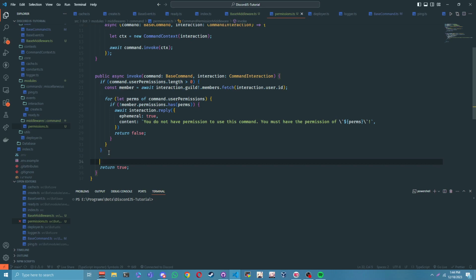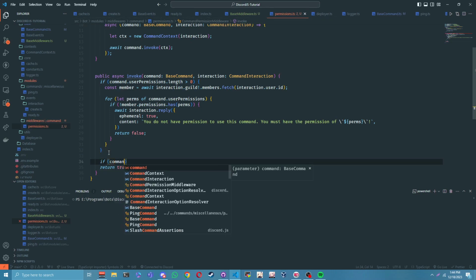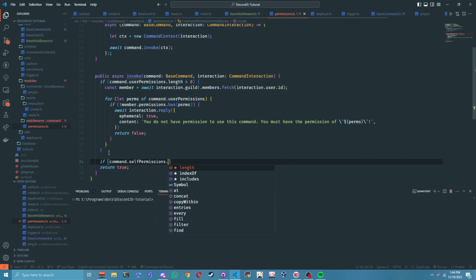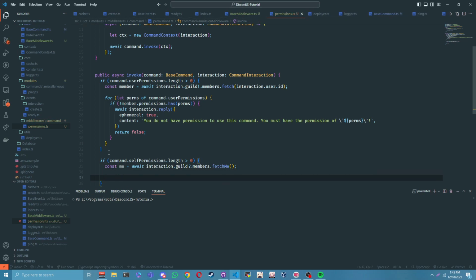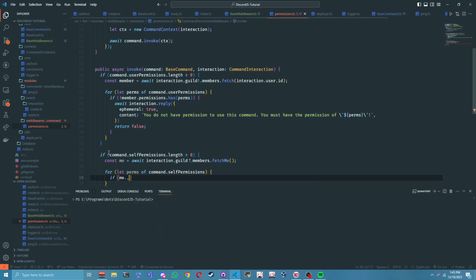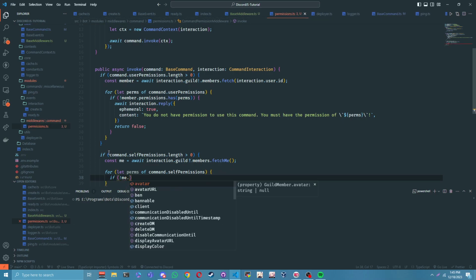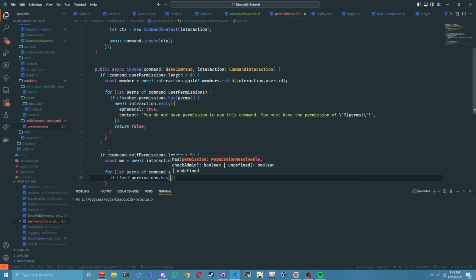So, next thing we're going to do is if command.self permissions.length is greater than 0, then we're going to say const me equals await interaction.guild.members.fetchMe. There we go. Now for let perms of command.self permissions, if not me.permissions.has perms,